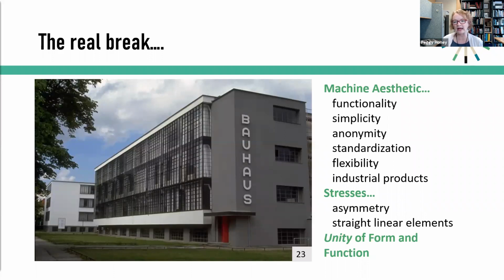They broke away finally from the pull of past styles and the structural traditions. So the Bauhaus began in 1919, and it was led by Walter Gropius from 1919 till 1928, and then Mies van der Rohe took over and led the Bauhaus until 1932. Now, the Bauhaus was never really very financially successful during its time, but its influence dramatically impacted design throughout the